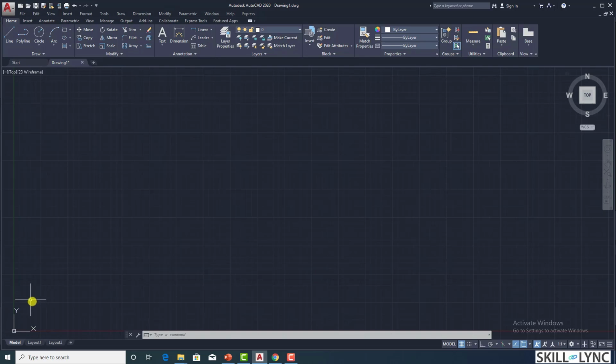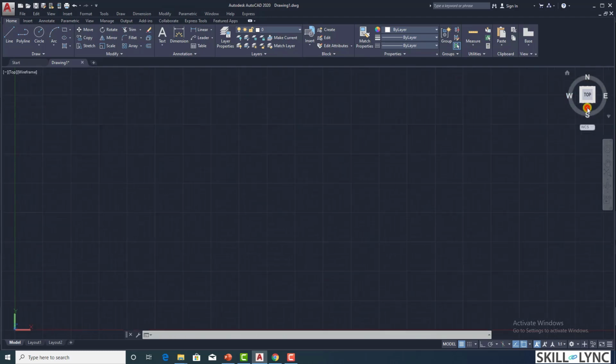This is called the UCS, user coordinate system, UCS icon. So here you can see now it is in the XY plane. The green line is the Y and X is the red line. So this top view is listing the XY plane, and if you want to see the front view, you can see the different arrows.